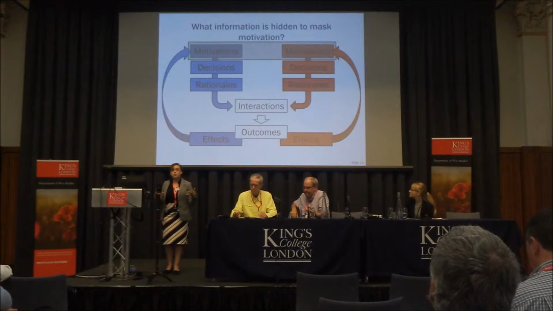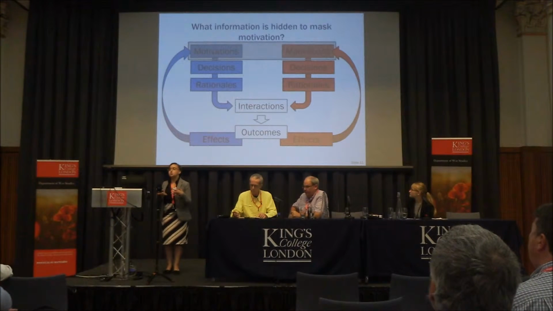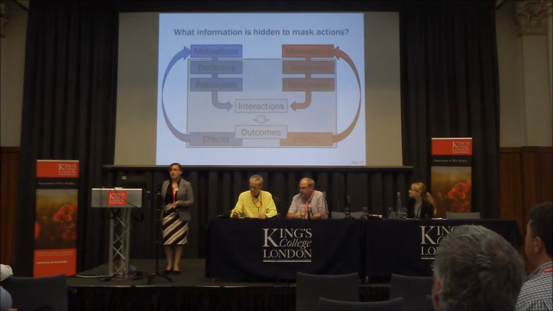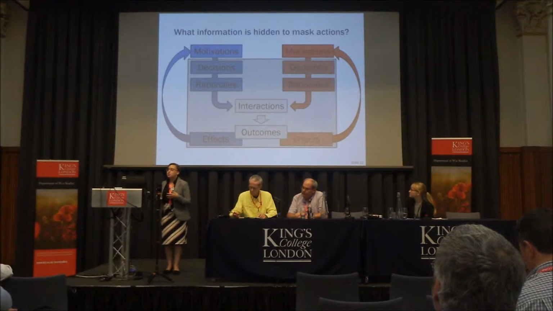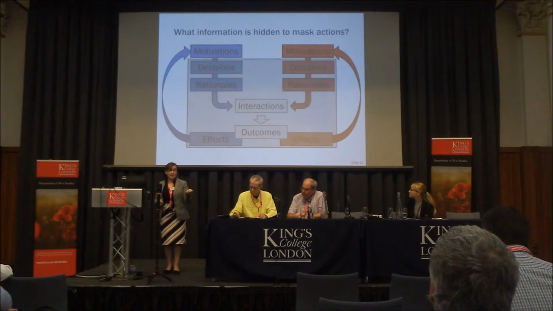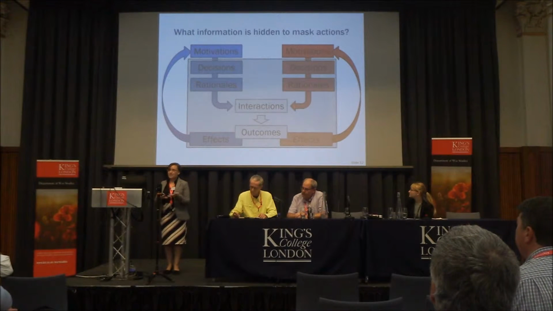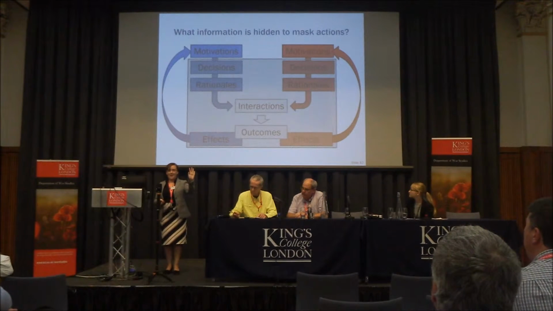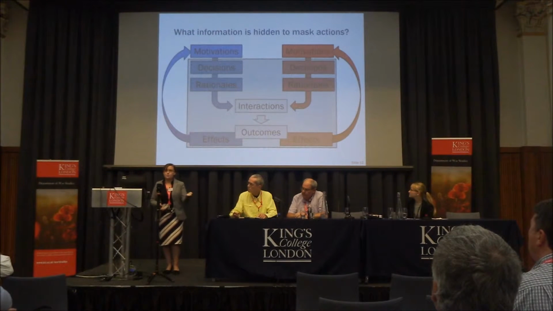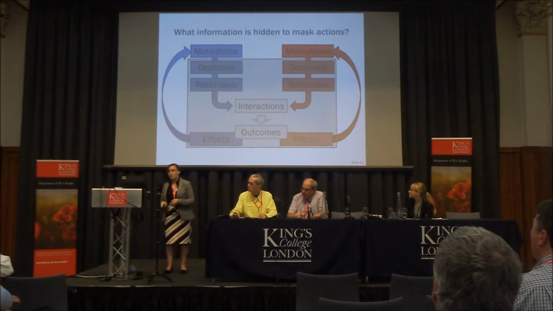So when we need to mask motivations, really all we're trying to do is obscure the motivations of the players. That's pretty straightforward. Where it gets a lot more complicated is when we're interested in trying to mask the actions. Because now all of a sudden, it's not just why I'm doing something, it's what I'm doing, it's probably how I'm doing it. And then how do I talk about what the interaction effects between something I can see and something I can't see are? And then what are the effects of that? Are those transparent to me or are those not transparent to me?